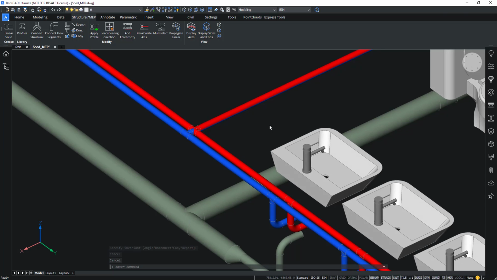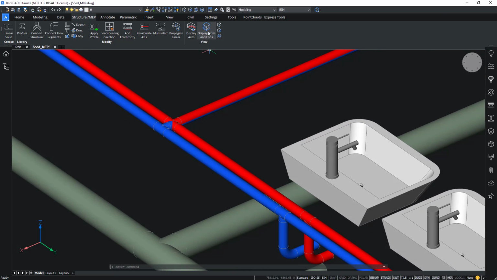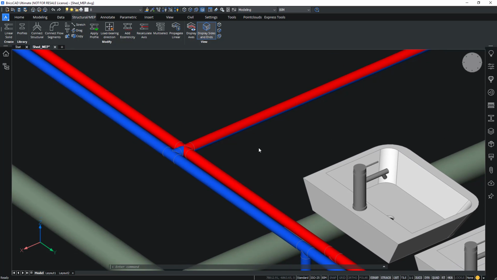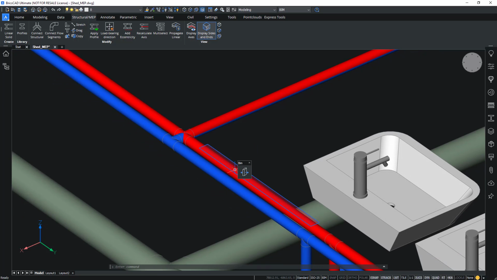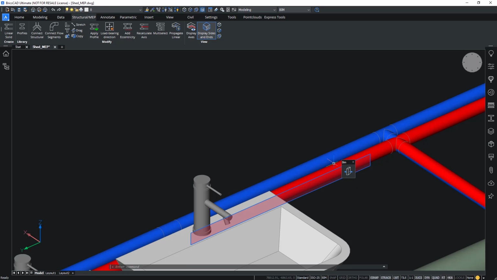Or I can actually use the drag command. And to use that, I will need to enable my sides and ends. This is a special selection mode that works with linear solids. So if I enable this and I move my cursor over, let's say this pipe segment here, instead of highlighting the actual cylindrical face of the pipe, I get this horizontal, or if I move my camera here, this vertical side face, in this case top face, that I can start manipulating.